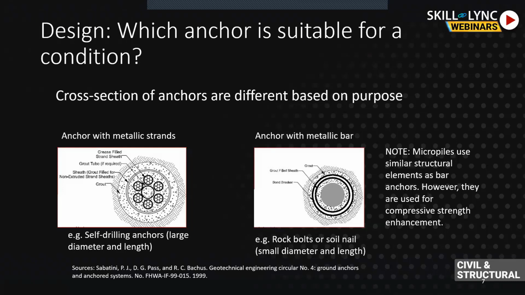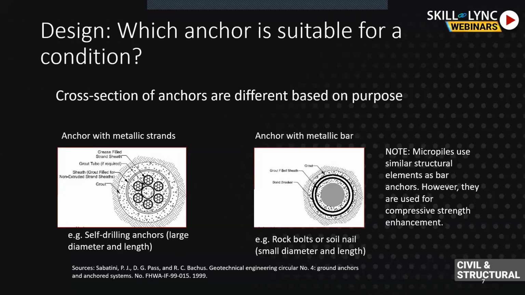Assume that this anchor with metallic bars is compressed into a microscopic position, and they are just forming a pattern. As you can see here, there are several smaller cables in a pattern. They are rolled around into a core area, and then we cover that with some kind of grout or other material to hold them in place, just like an RCC tube, and that's how we provide more strength. So generally, self-drilling anchors are made up of this combination.